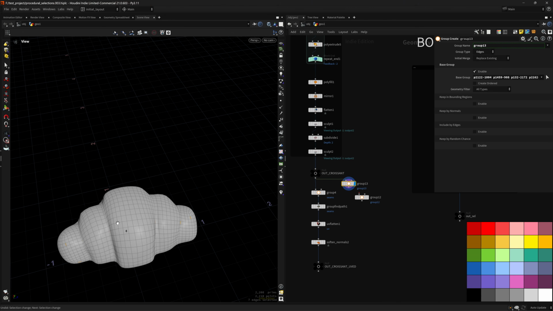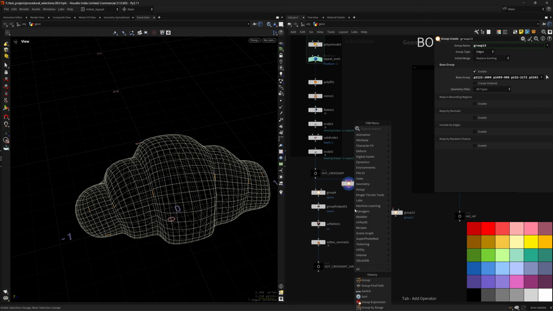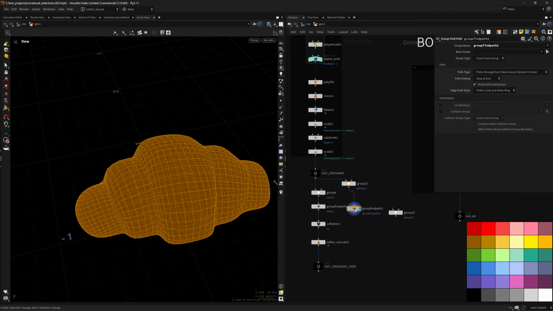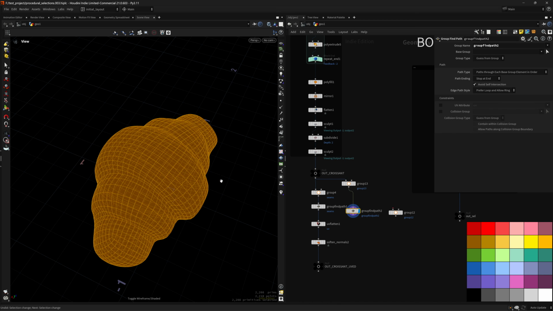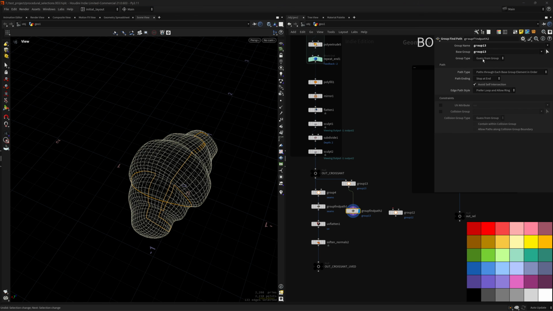And let me move it. And now we have the group of the edges, and I can just run this through a group find path. So that's the magic node. And by default it will be on primitive, so I'm going to select this group 13 and group 13 as base